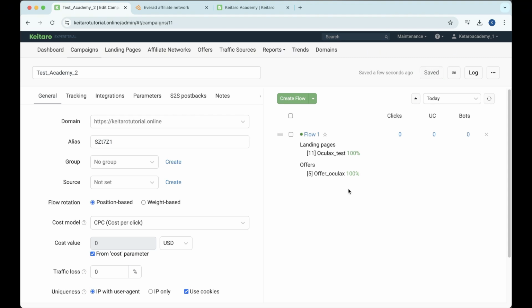The next step, configuring links and macros. As a part of the campaign setup, we have to ensure that the transition from the landing page to the offer is correct. So when uploading, we specify the macro offer instead of a direct link. This allows all buttons on the landing page to be configured automatically, which is a huge time saver. So how can we check it? So let's copy the campaign link